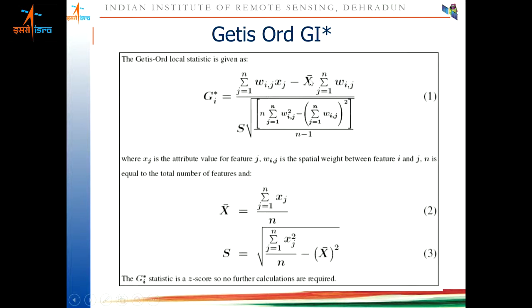And here it is, x bar. X bar is the mean of your random variable x. Wij is the weight between i and j. So basically,